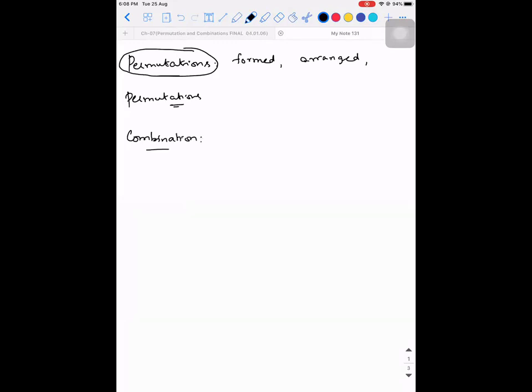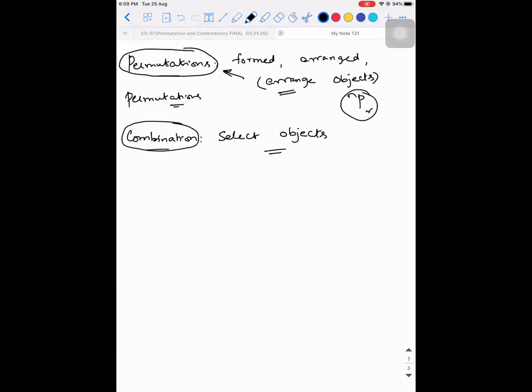So combination is a process where you select objects. In permutations, what you do is you arrange objects. If the objects are arranged in a particular pattern, then we deal with nPr. Permutation means this one. This is the formula I'm trying to say. In a similar way, you have a formula for combination. Instead of P, we will be replacing it with nCr. Let me explain what is the meaning of it.